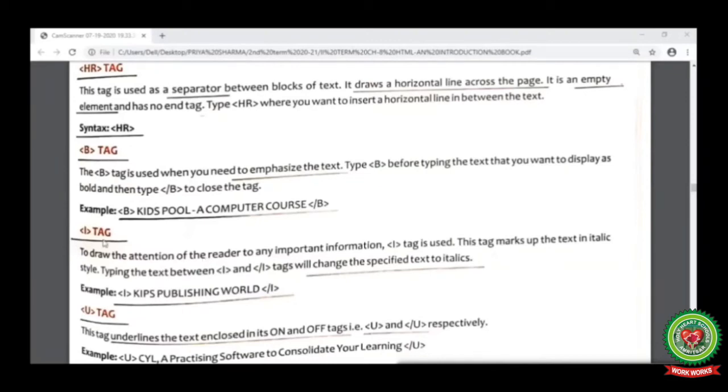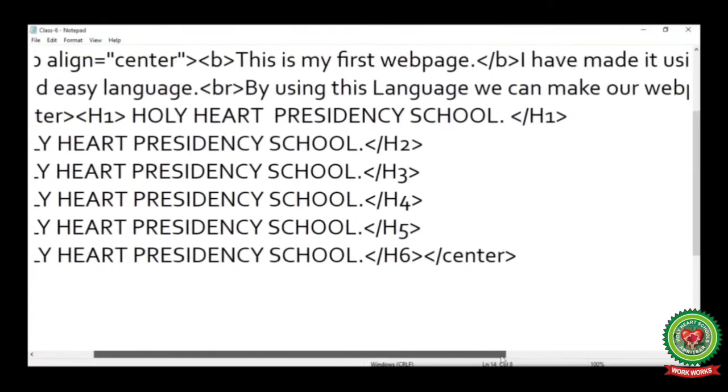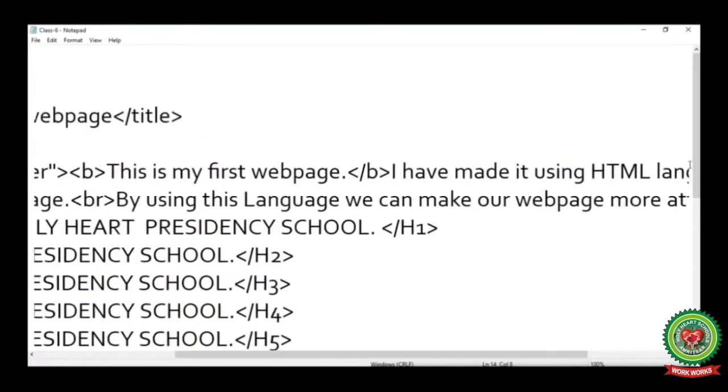Here the next tag is I tag, where I have already explained the term, full form and syntax of I tag. Let's do it practically now. Now again open your notepad file. Here you will see, to make the text italicized, I will place my cursor before this second line of the paragraph and I will type angular brackets, and within the angular brackets I will type I.